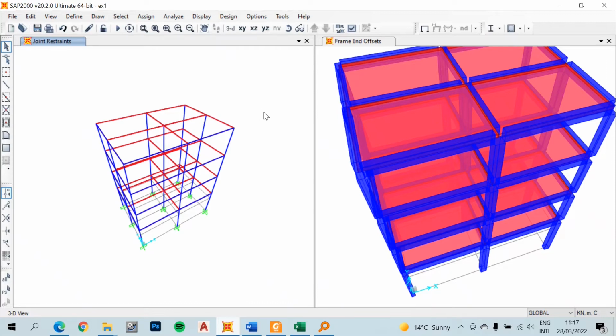If we were to run analysis now, we won't be able to read the moment or other shears, everything, because currently the loads at the slab level are only transmitted to the beams and columns by using these 4 points. But in reality,